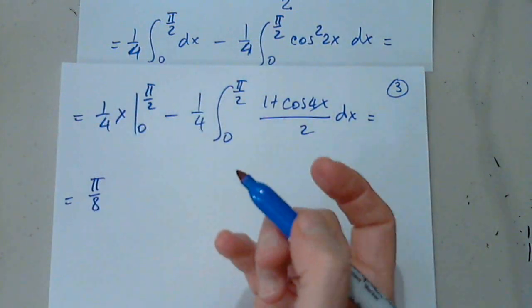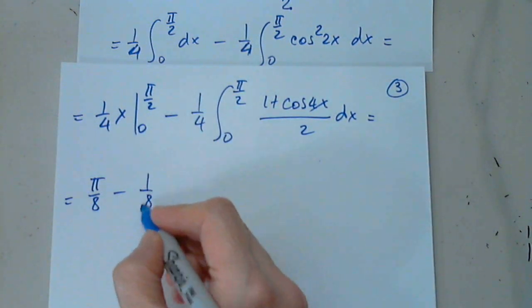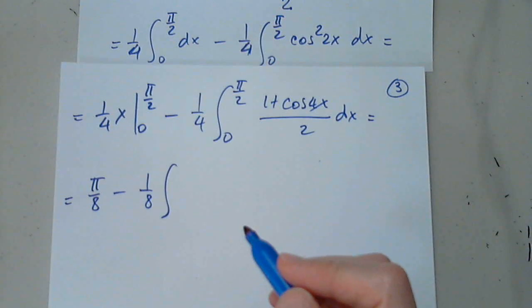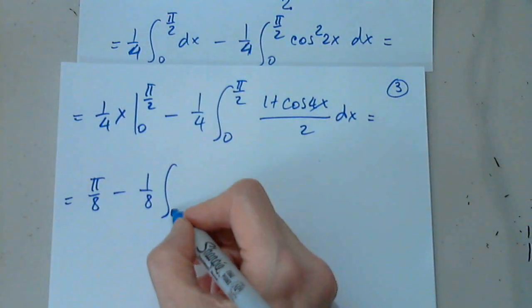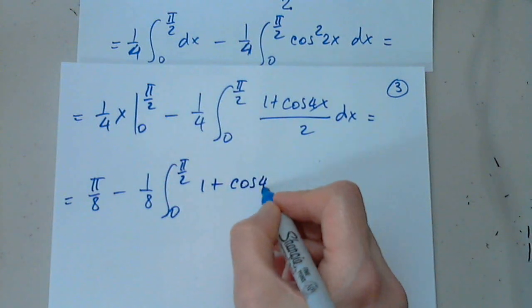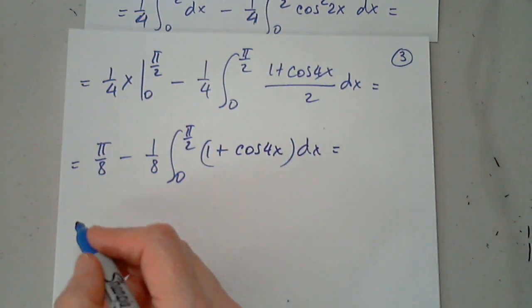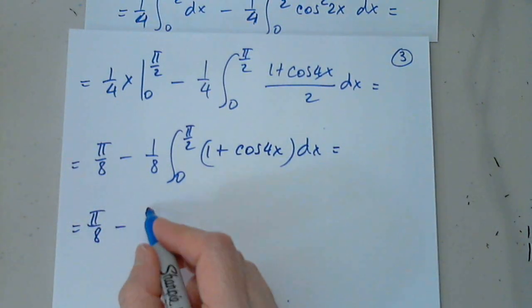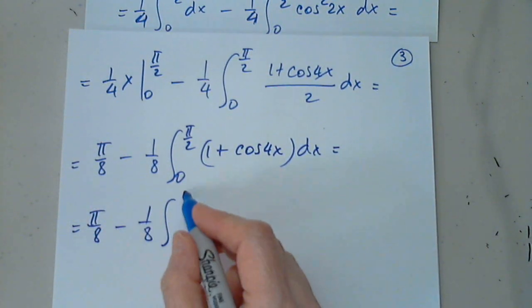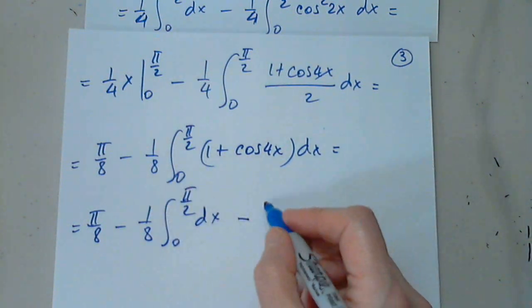When I plug in 0, I'll get 0, minus 1/4 times 1/2, negative 1/8, times the integral from 0 to pi over 2 of 1 plus cosine 4x dx. This is pi over 8 minus 1 over 8 times the integral from 0 to pi over 2 of dx,